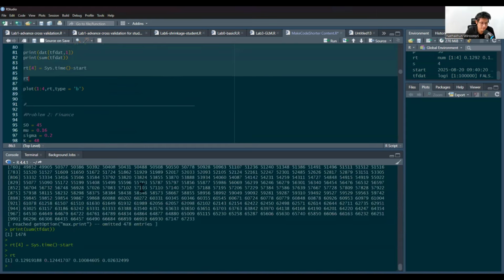Okay, here's what I get. For the first approach, I get 0.13. The second one is still 0.1213, right? A little better. The third one, I reduce one loop, I get 0.1. And at the end, for the last one, I get 0.026, which is much faster than the ones earlier, as